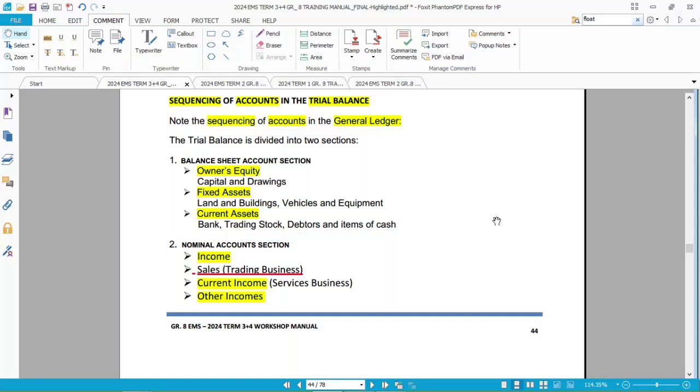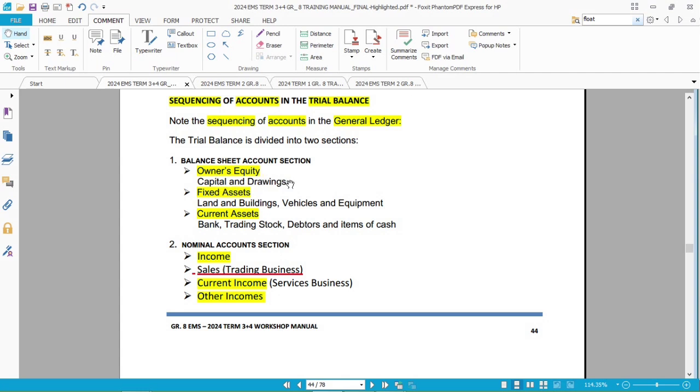Sequencing of accounts in the trial balance. So you need to know the sequence of accounts in the general ledger. Right, the trial balance is divided into two sections. We said we've got a balance sheet section, number 1. Number 2, we've got a nominal account section. So owner's equity,